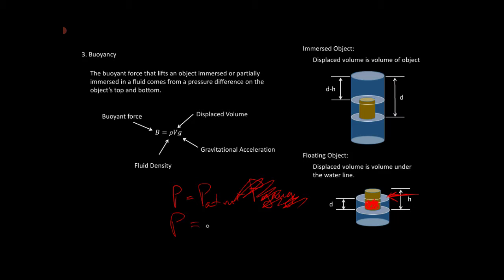The pressure at the bottom is the atmospheric pressure plus the rho g d. So when you take the difference between these two, the top and the bottom, you just get rid of the atmospheric pressure, and it's just the rho g d that's causing the force pushing up. So that volume is just the volume around here,